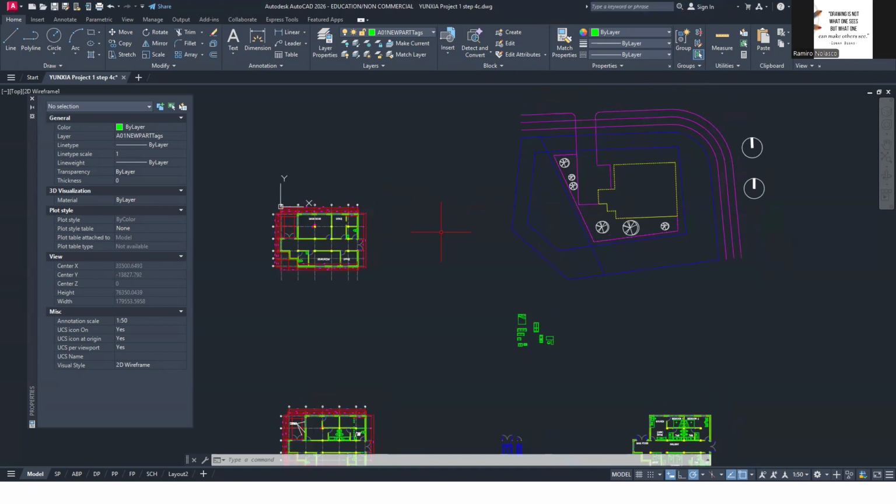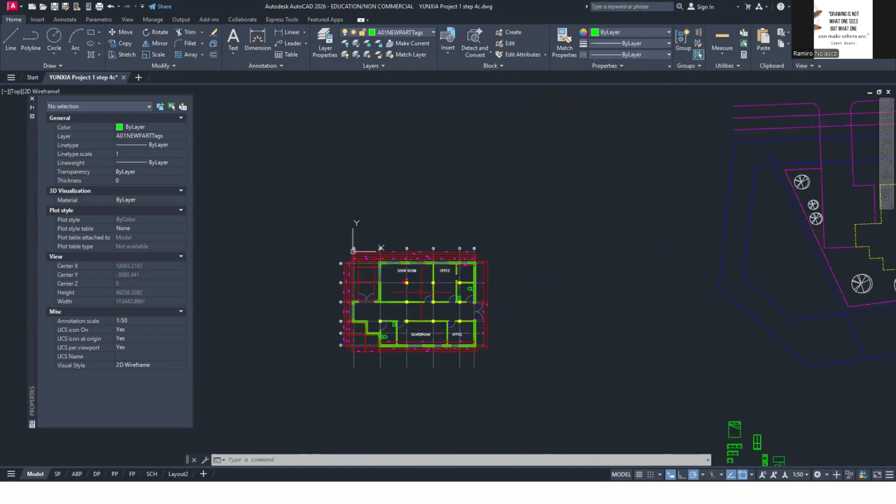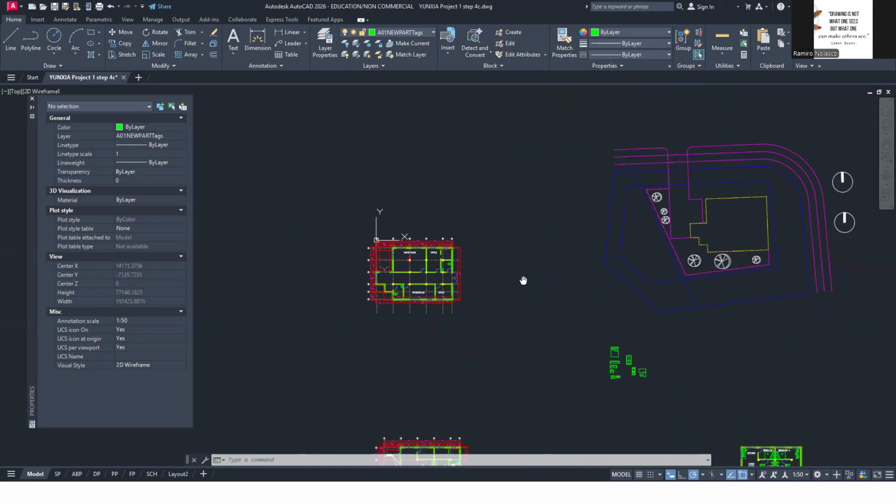If you've completed A or B or C, that's fine. Or if you're still in step 3, where we did the site plan. So we're going to do the site plan, the grid, the floor plan in Revit.